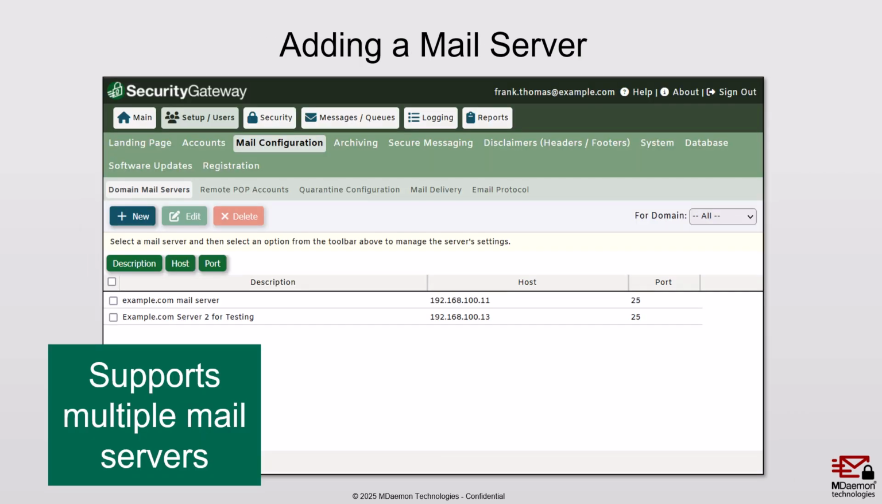Now, Security Gateway needs to know where the mail server is that Security Gateway is protecting. Of course, like I mentioned, when we installed Security Gateway, we were already able to enter that information. However, if you wanted to add an additional mail server to be protected by Security Gateway, you can certainly do so under the Setup Users menu under Mail Configuration. See where it says Domain Mail Servers right here. And then you can click on the new button to add your new mail server, but Security Gateway can protect